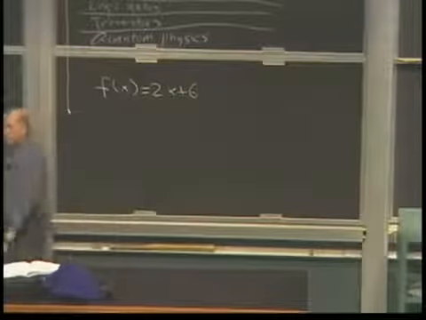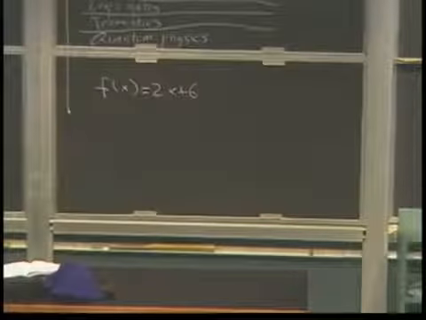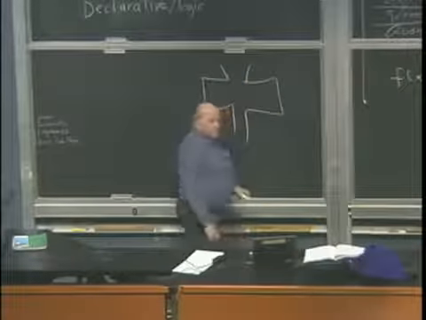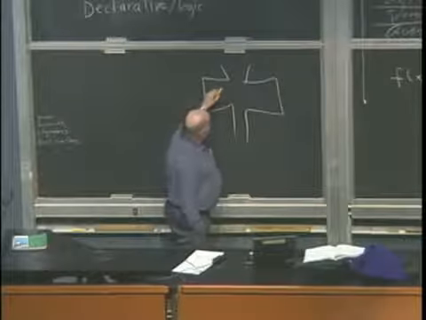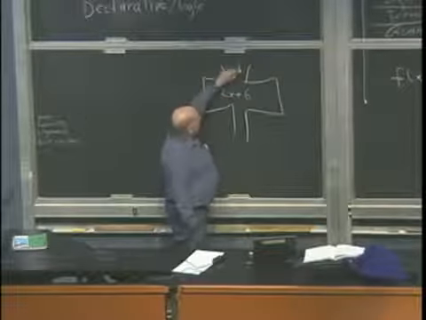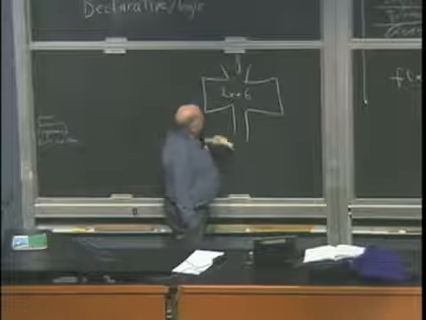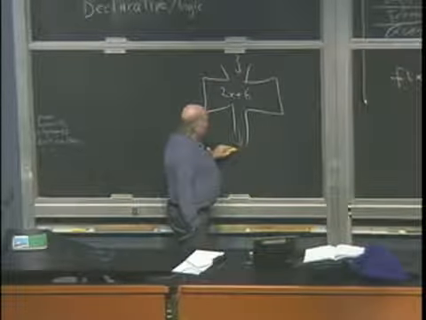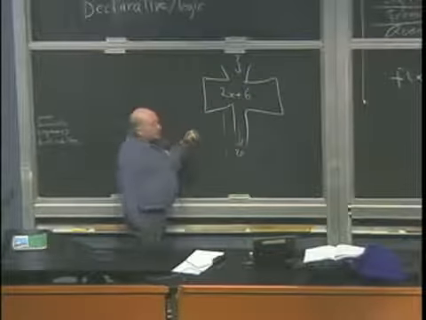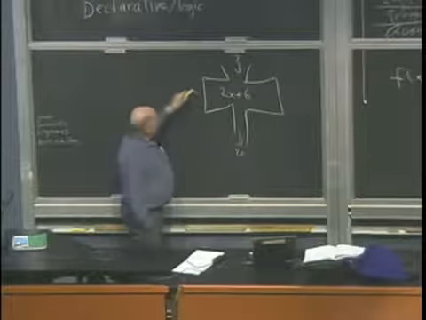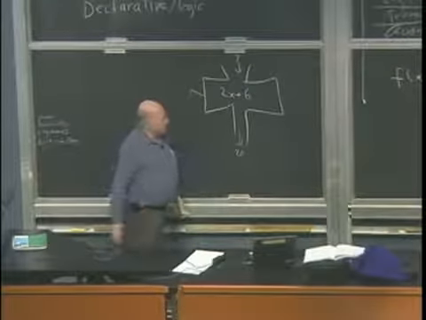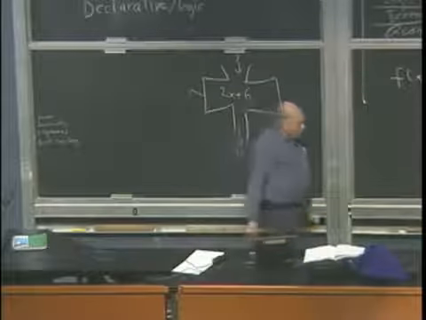And probably your teacher drew a little box like this, and put 2x plus 6 in the box, and you can put in, say, 7, and get 20. Did I get that right? Yeah, good. And if your teacher was a better artist than I, there was maybe a crank on the side of the box that you could turn. So that's a function.